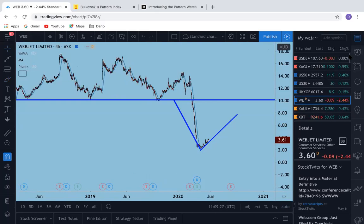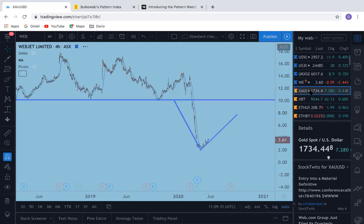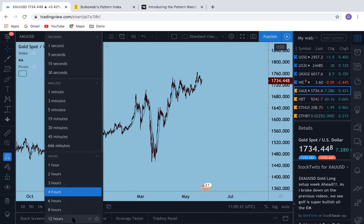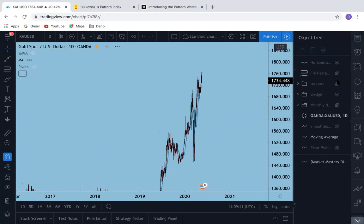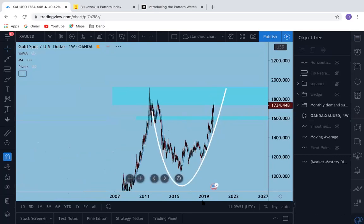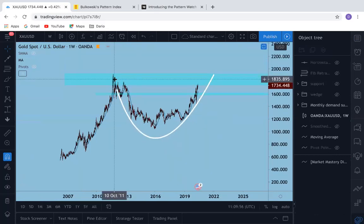Now let's move on to a few other things. I'm going to update quickly on gold and what I'm seeing. So looking at gold, zoom out a bit. Now gold is really at a really important level here. So back in, look,